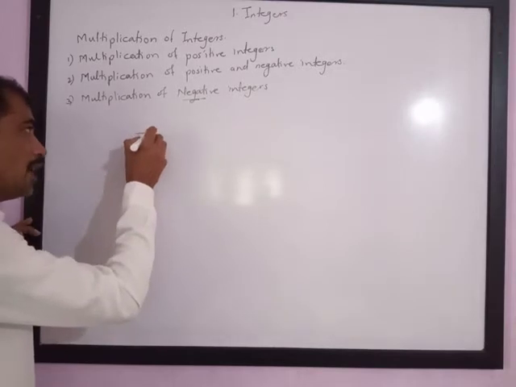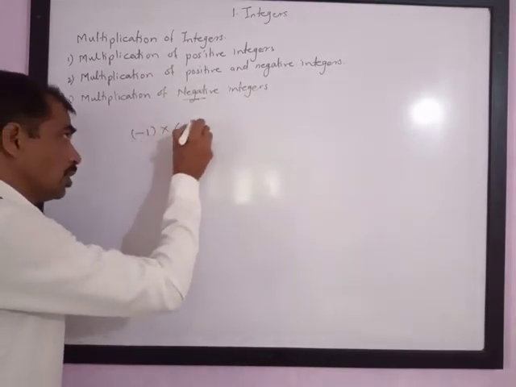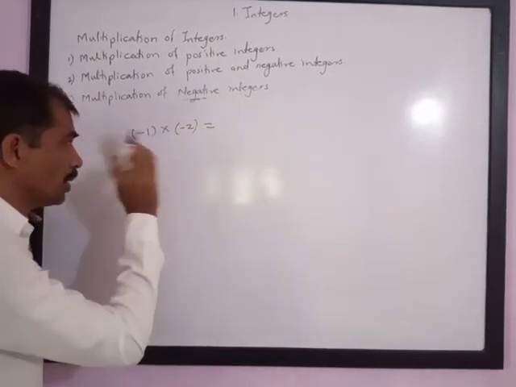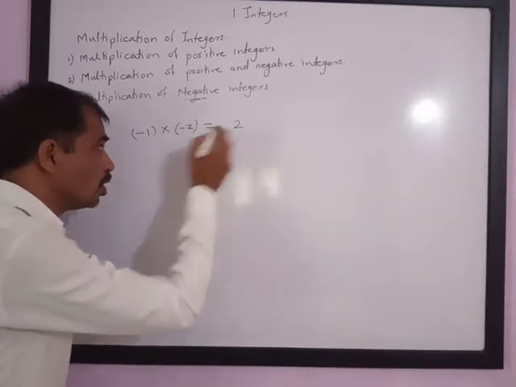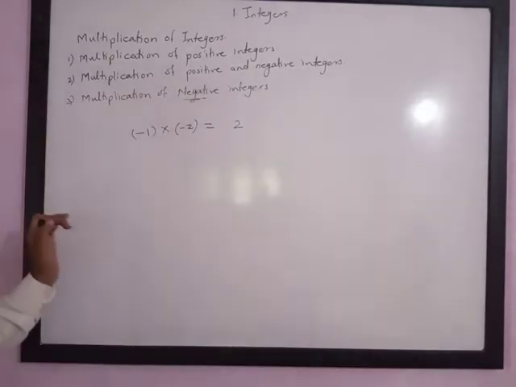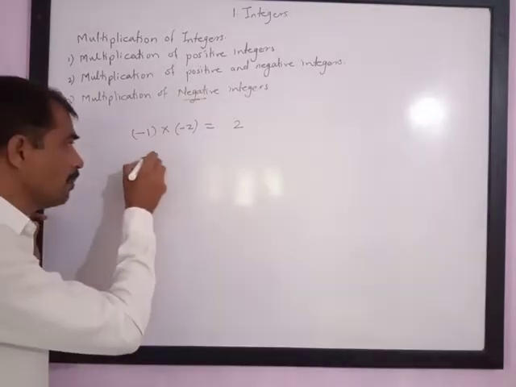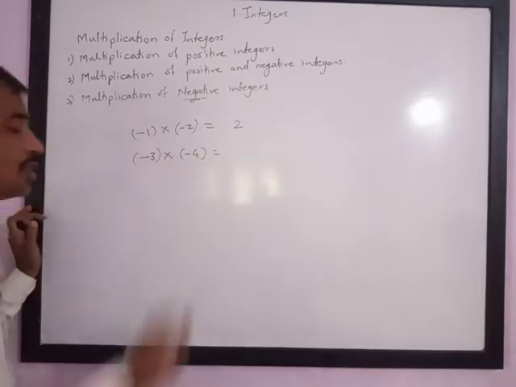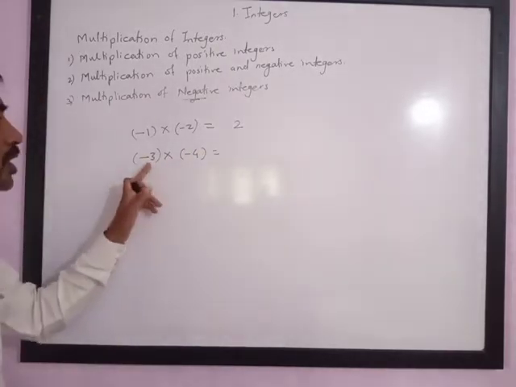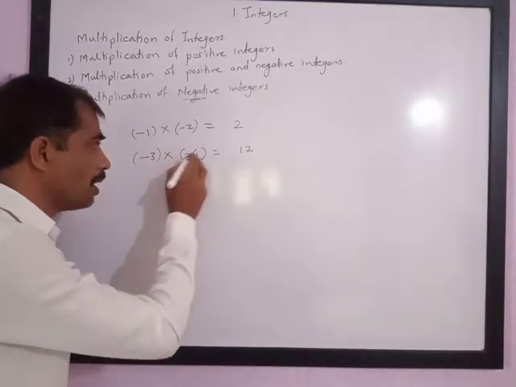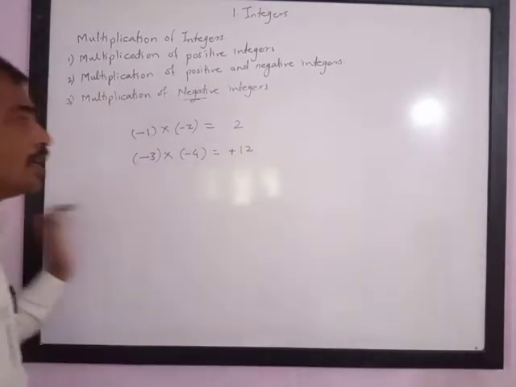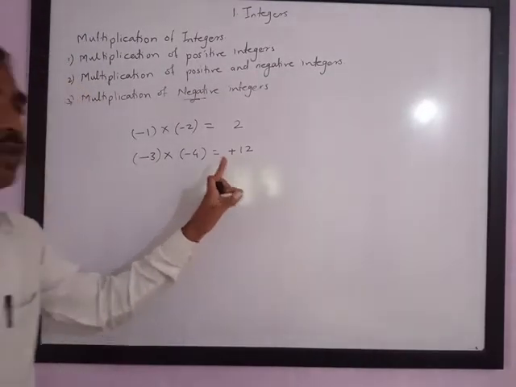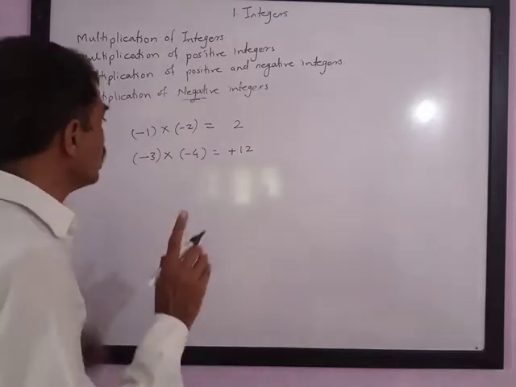Let us understand. If there is minus 1 multiplied by minus 2. Please note, in this case both the integers are negative. We have to do the multiplication of whole numbers. That is 1 multiplied by 2, 2 ones are 2, and minus multiplied by minus is plus. Again take another example, minus 3 multiplied by minus 4. So when you do the multiplication of negative integers, we have to multiply the whole numbers. 3 fours are 12 and minus multiplied by minus is plus. Whenever it is a positive integer, we don't write the plus sign. There is no need to write it. Even if you write it, it is not wrong.